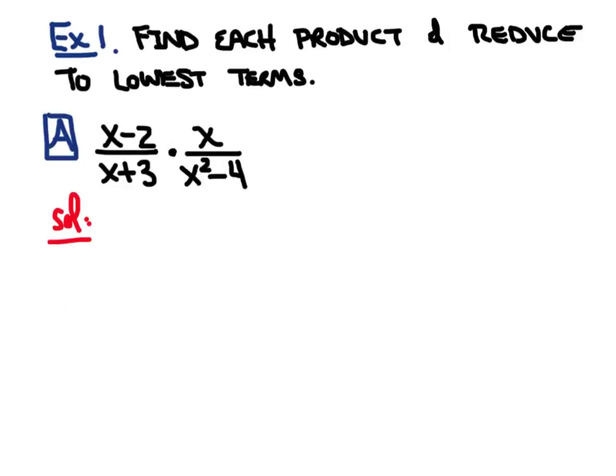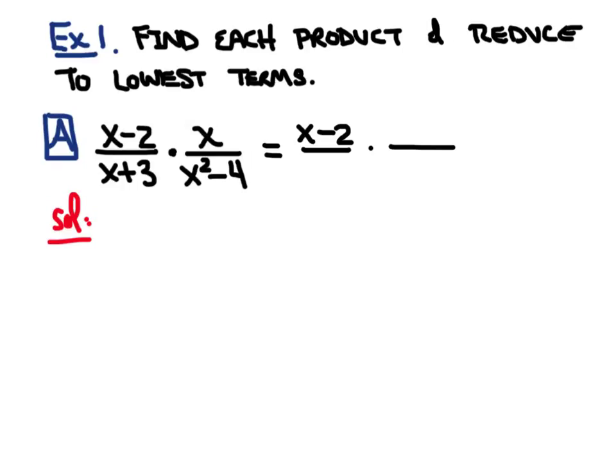Over to rational expressions. So here's our main example of the video. Let's find each product and reduce to lowest terms. And I'll explain what that means when we get through these examples here. So just as before, before you actually multiply, I want to fully factor all of the pieces of my rational